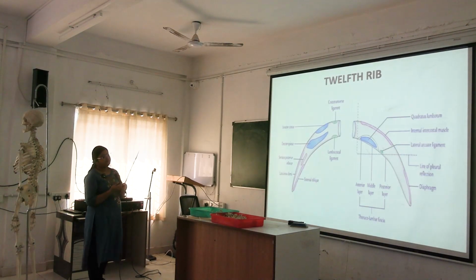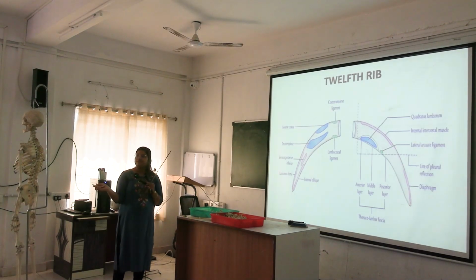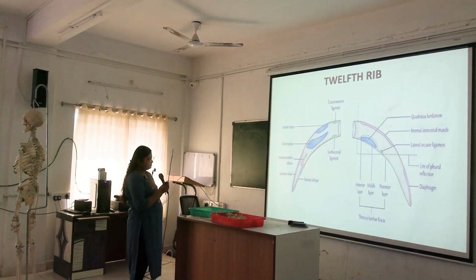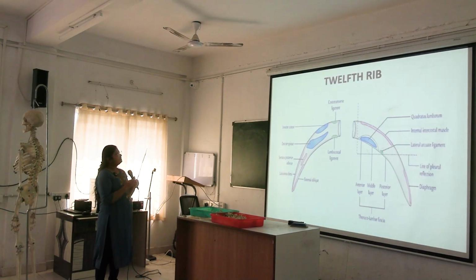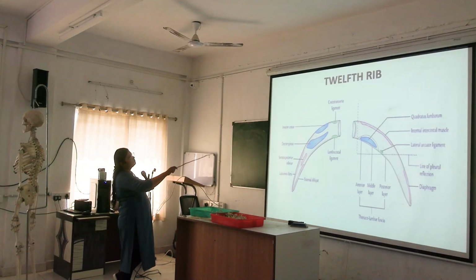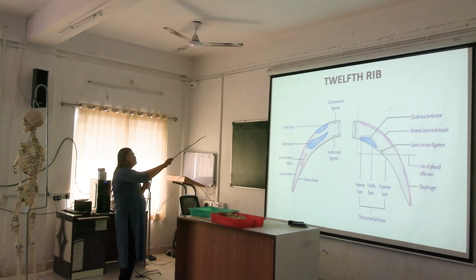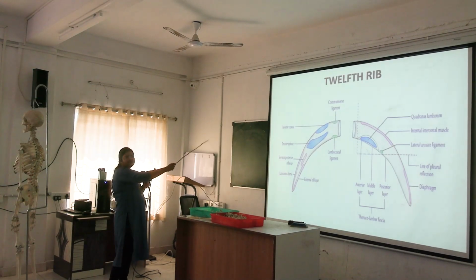Next is the 12th rib. The 12th rib also has multiple attachments. So this one is the 12th rib of the right side. See here the attachments. The erector spinae group of muscles is attached over the 12th rib. Erector spinae, levator costae, these ligaments are attached: costotransverse ligament, lumbocostal ligament, and here are latissimus dorsi, external oblique, serratus posterior inferior. This is the outer surface of the 12th rib, and this is the inner surface,